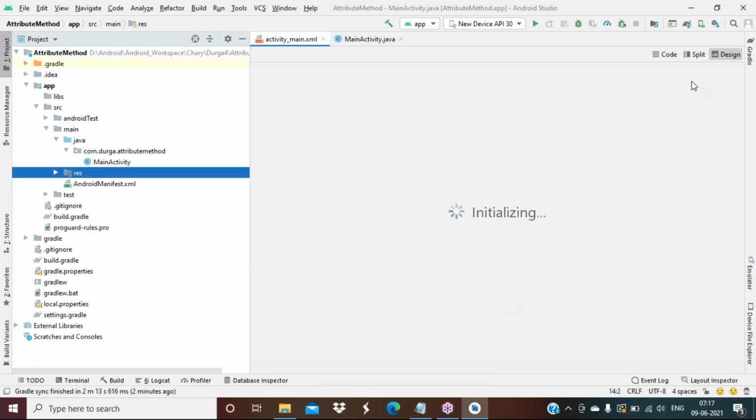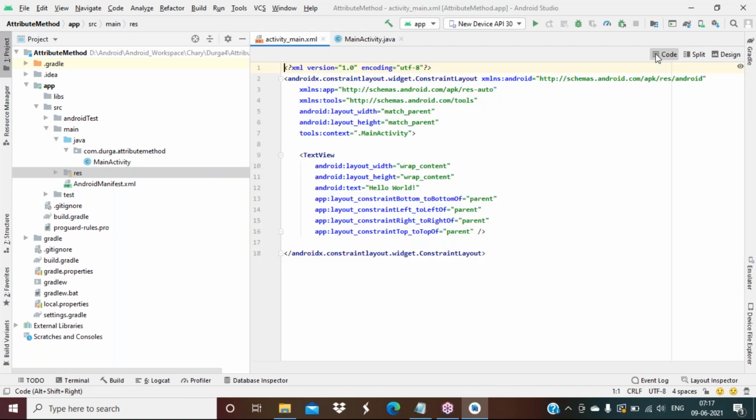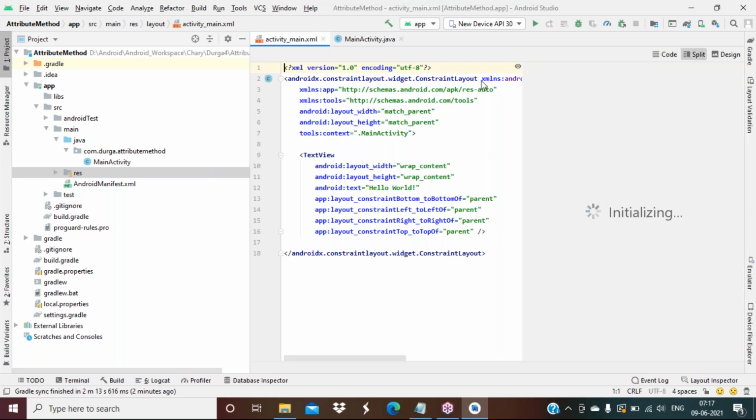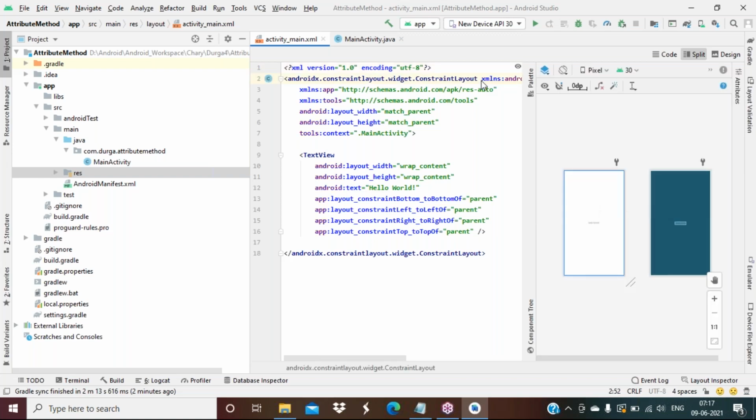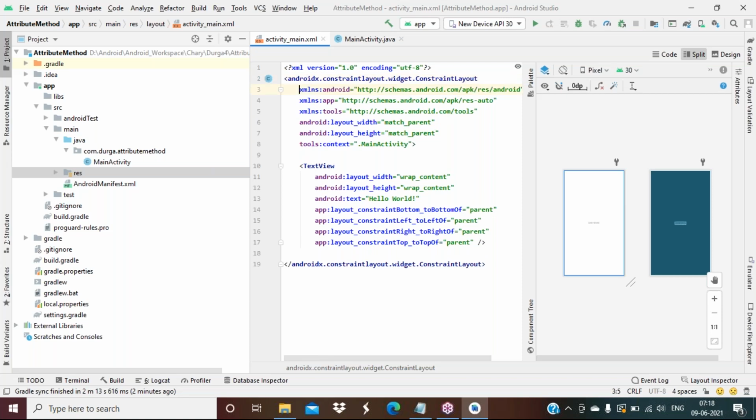So in the XML, what kind of code is available? This is loaded with constraint layout. Okay, so don't use constraint layout now because it has some problems. Maybe it may take some other release to get it implemented well. Okay, so that is one problem. So better what you have to do is convert your constraint layout into linear layout.